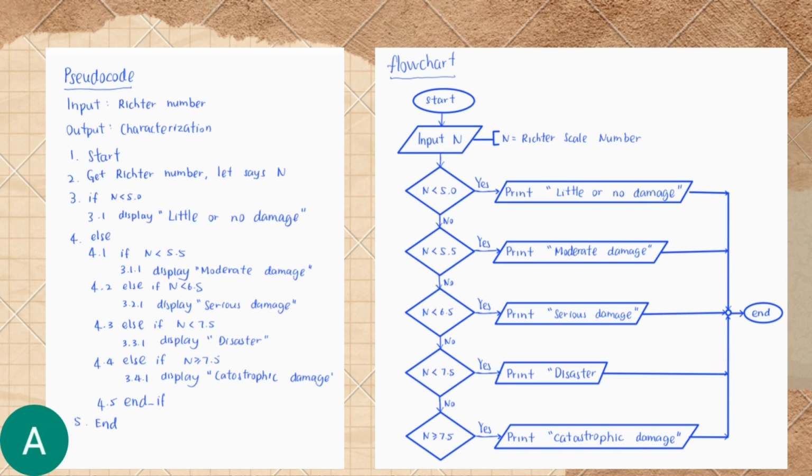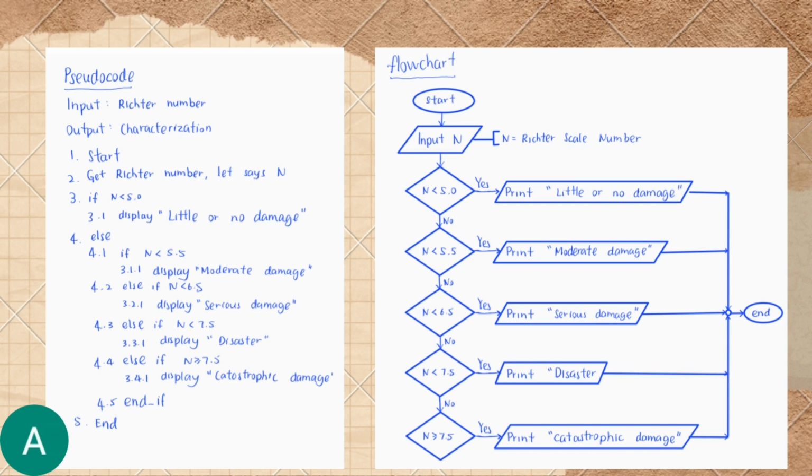Step 3 is a condition, which is if n, our Richter number, is smaller than 5.0. Then we'll display an output of little or no damage. Step 4 is an else condition, which is if n is not smaller than 5.0, then it will be equal to